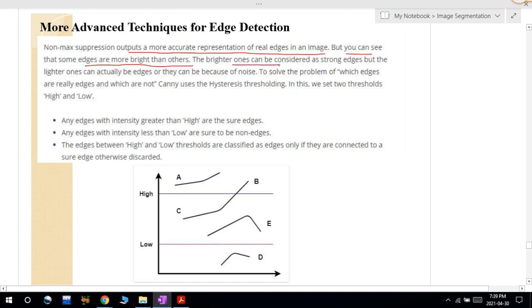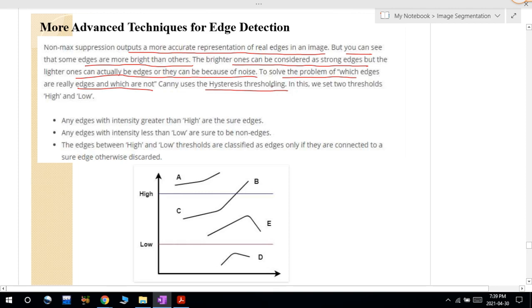So the brighter ones can be considered as strong edges, but the lighter ones can actually be edges, or they can be because of noise. Because of noise also some edges may be lighter. Noise may be treated as edges. To solve this problem, which edges are real edges and which are not, I will use a technique called hysteresis